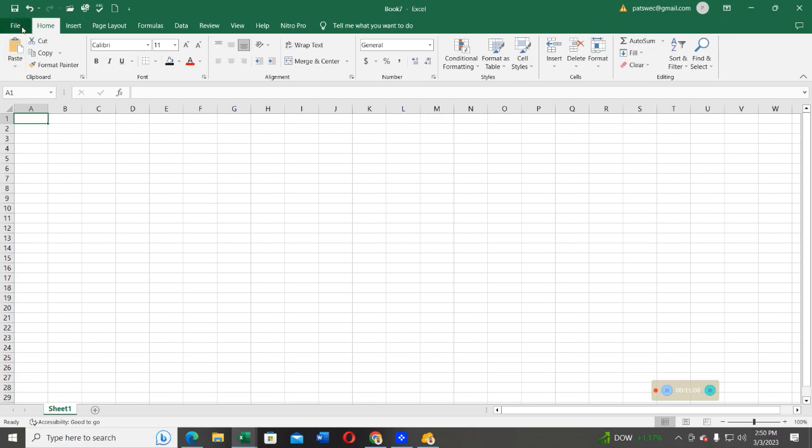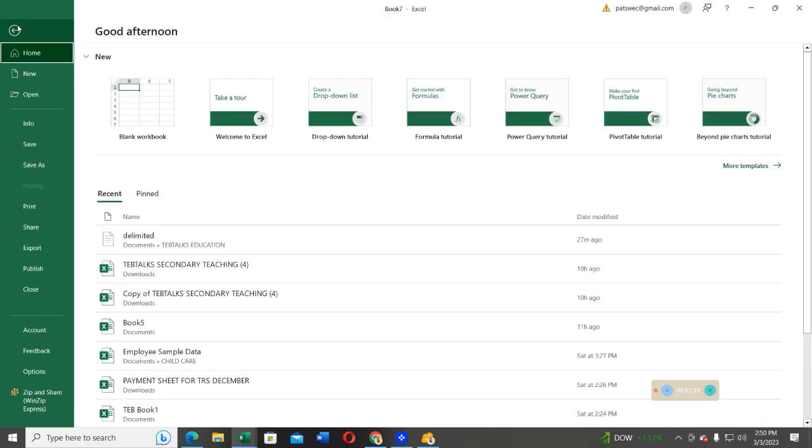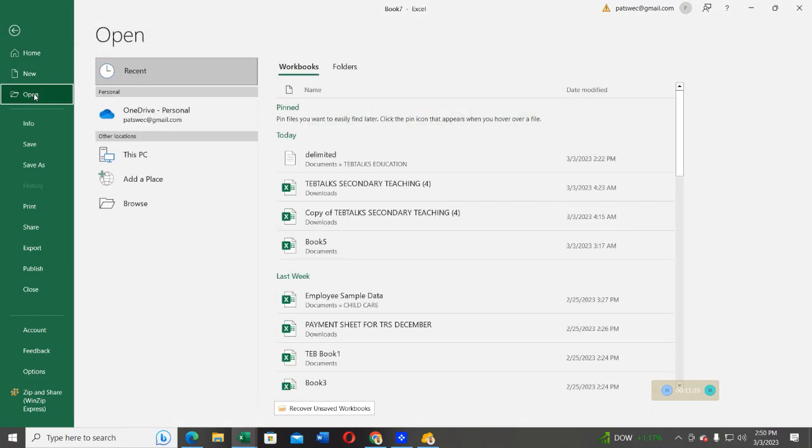So go ahead and select file. After that, select the option open. Sometimes you may see the option import if you're using a different application, but because we are using Microsoft Excel, we are using the option open. Click on open, and then you'll be directed to these directories, and then you have to select where the file is saved. And in this case, I'm going to select